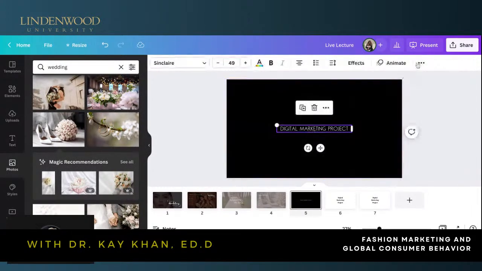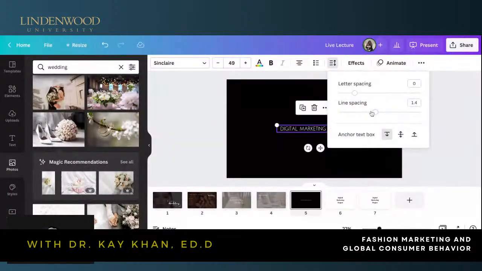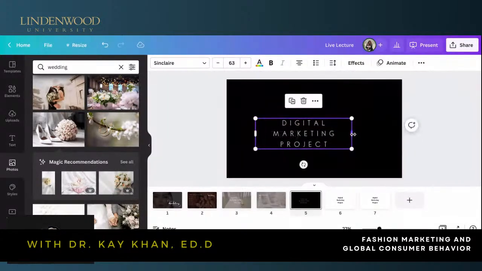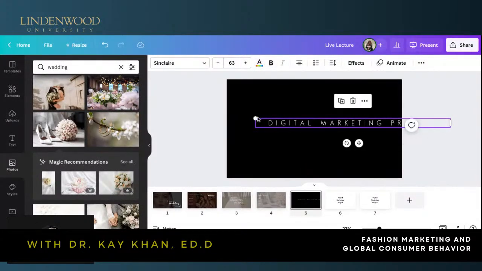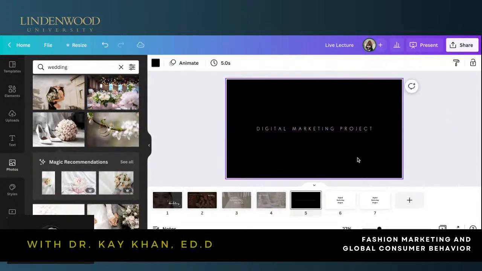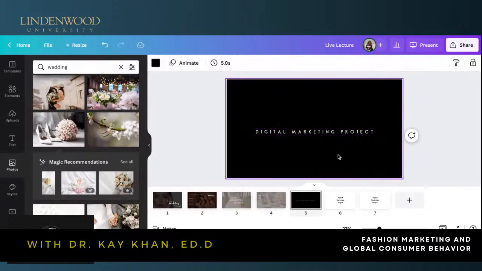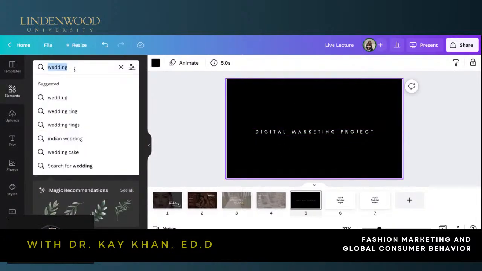Let me go ahead and space out the letters a bit. Okay, then I'm going to go ahead and do this number to it. All right, I like that. Ooh, that is clean. I love it. Let me see what it looks like bolded. Oh, yeah, I love that. That is amazing.